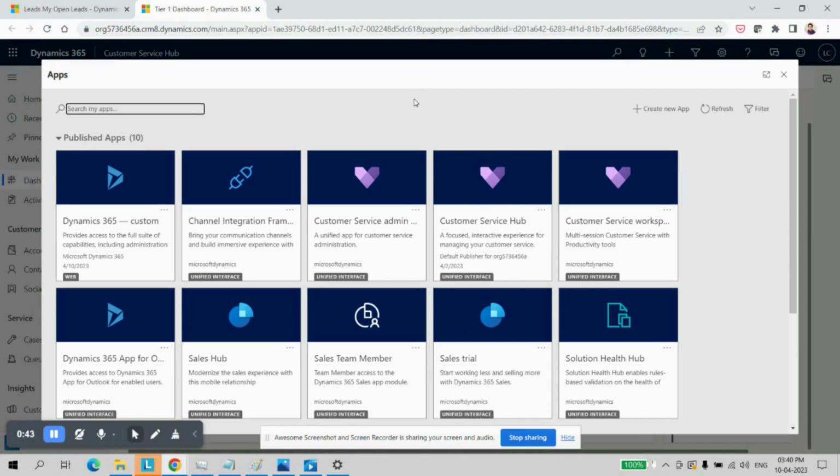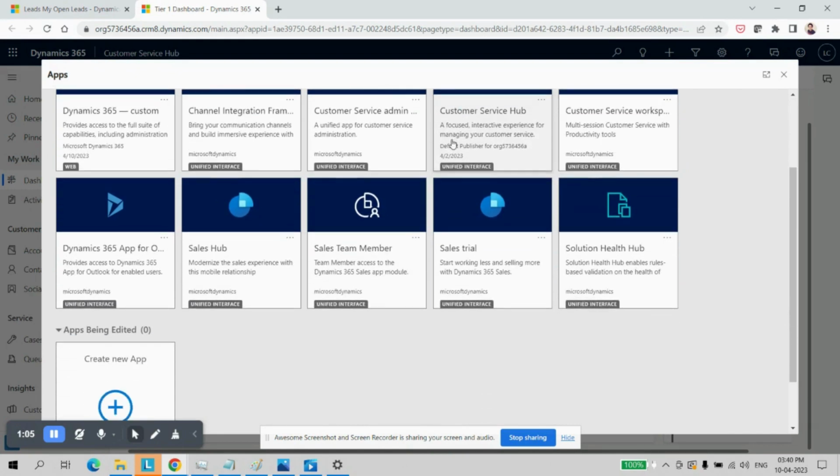For example, if I am a sales representative, then I have a particular set of actions to be done, and the intended tables or the entities to which access has been given. If I am the manager, then I can have access to all the records of my subordinates. So likewise, we can have multiple apps for multiple groups of people.